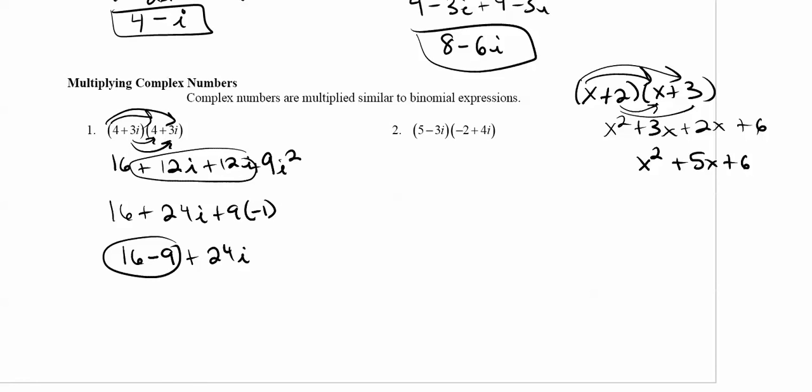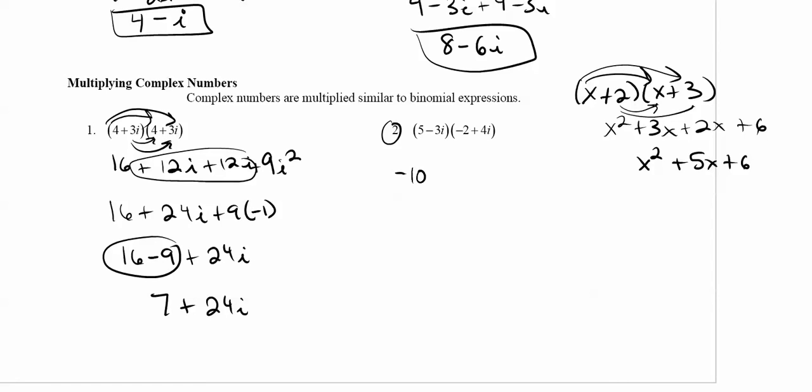16 minus 9 will actually give me 7 plus 24i. Okay? So you can look back through this one or work it out on your own and then try the next one. Pause the video and try it. Okay, so if you tried this one, then you should have gotten